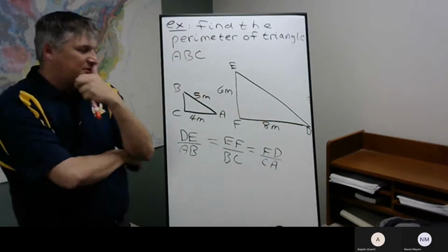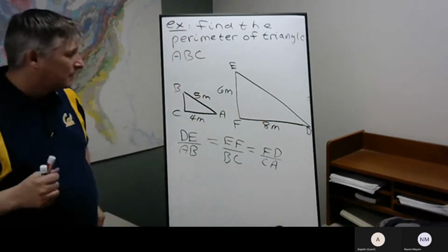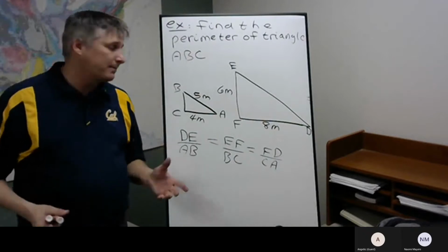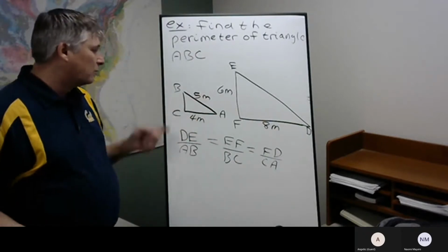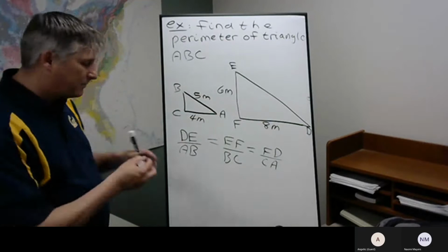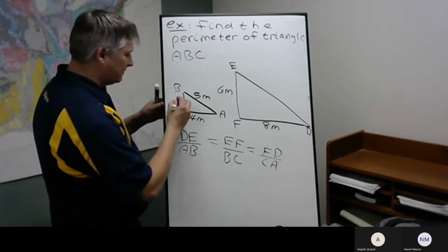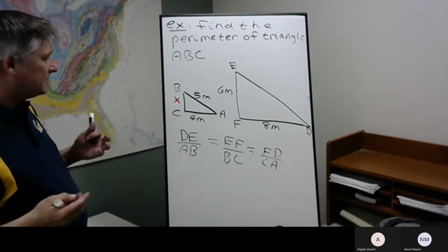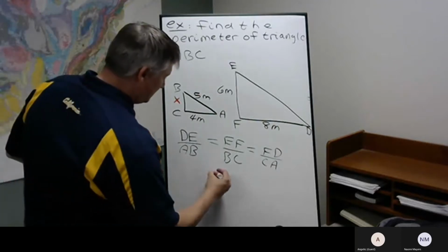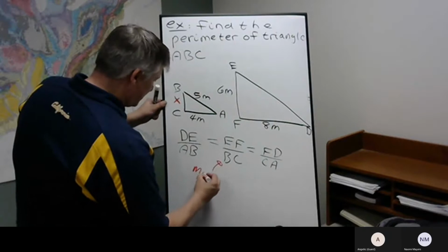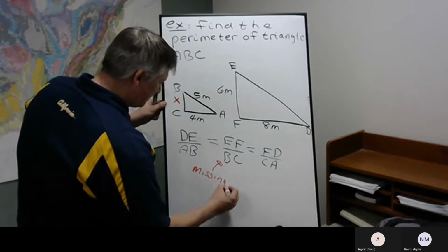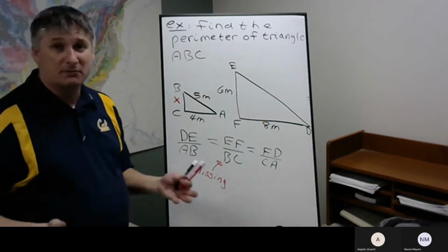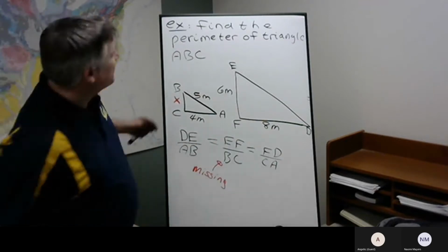Now, this is just the statement of the facts. We want to find the perimeter of triangle ABC. Now, perimeter means we need to add up all the sides. We're missing one of the sides. So the side we're missing, we're going to need it. Because we're interested in it, I'm going to call it X. So we're missing side BC. Because we're missing it, and we're looking for it, we need to make sure that this ratio is going to be involved. So what we're going to do,